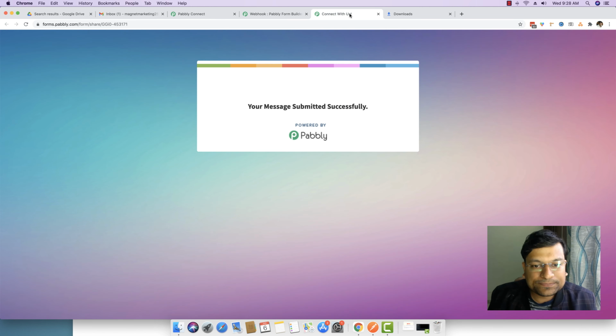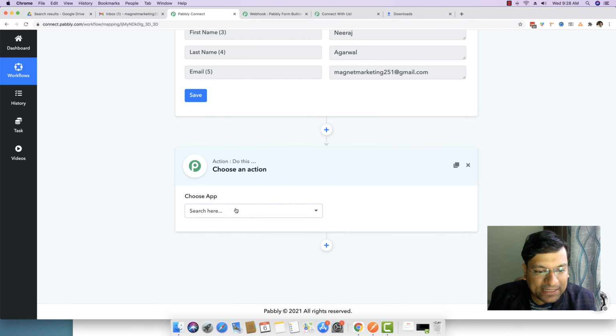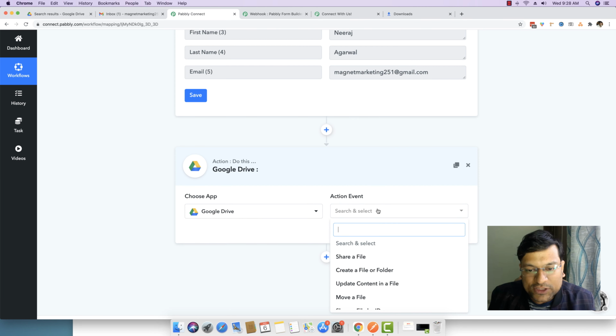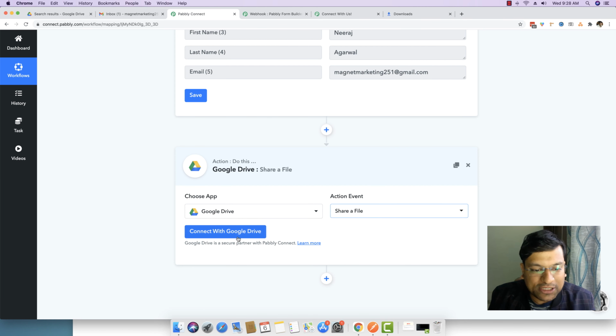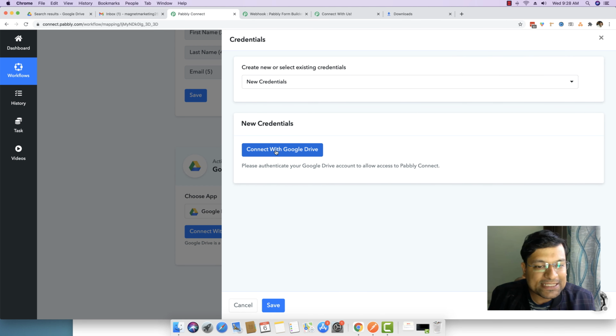Okay, so let me go back, click on the plus button right here, and then choose Google Drive. We just want to share a file, so I will click on share a file. I will connect this to my Google Drive account.